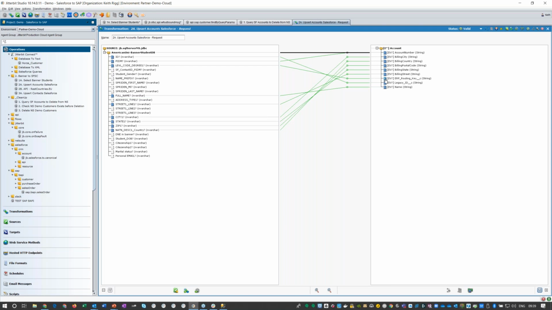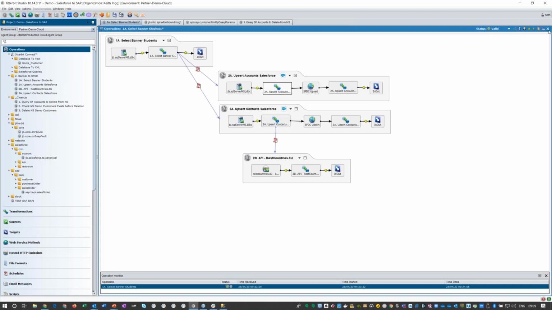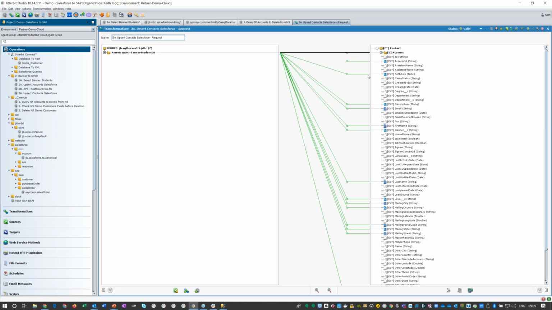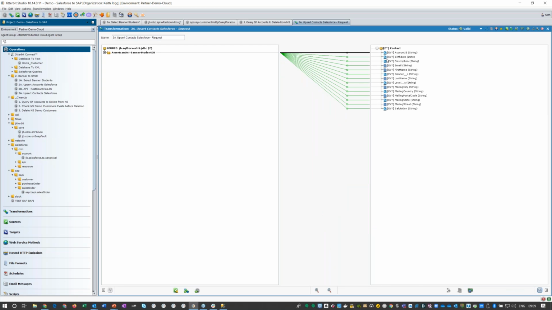When you have the white FX symbol, it tells you that you're doing something with the data itself, so there's a function or a transformation routine running. The blue highlighted nodes are simply a mapping, a pass-through of the payload at a value level. Whereas if we look at the contact, you'll see there are more white FX symbols, which tells us that we're doing things with the various attributes.